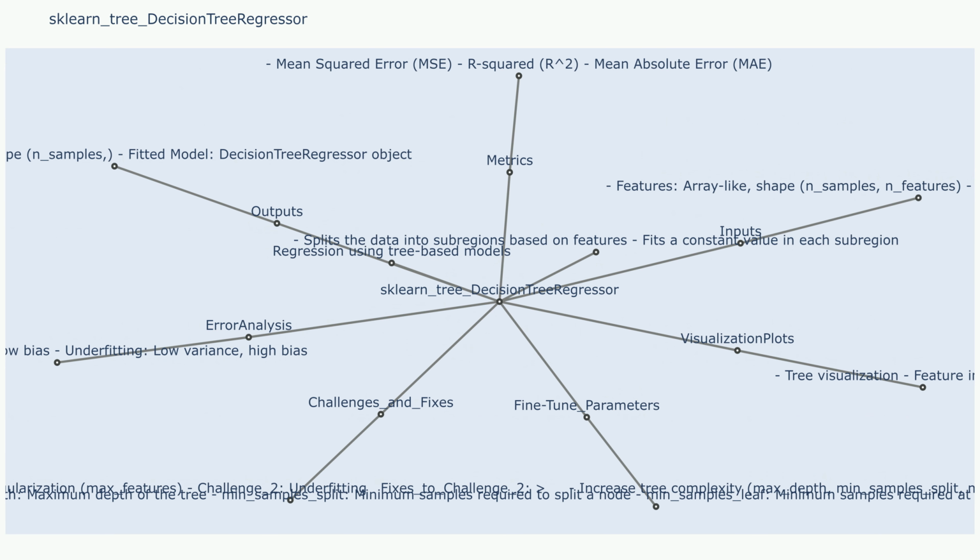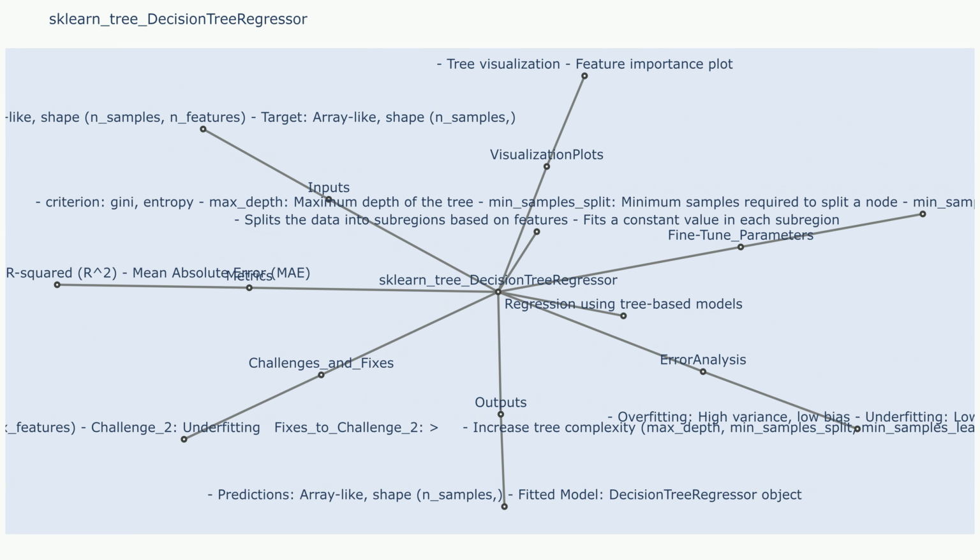Outputs: predictions, the predicted values for the target variable for new unseen data. These are obtained by traversing the decision tree from the root to a leaf node based on feature values of the new data. Decision tree model: a trained decision tree regressor object that can be used to make predictions and